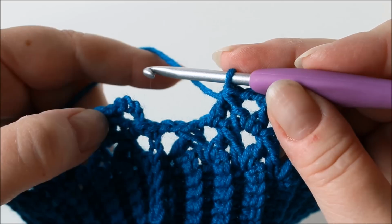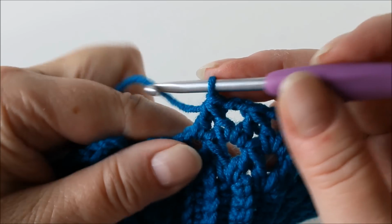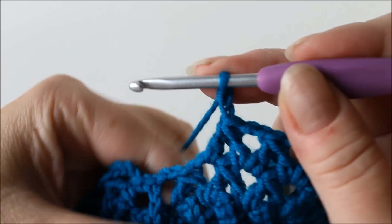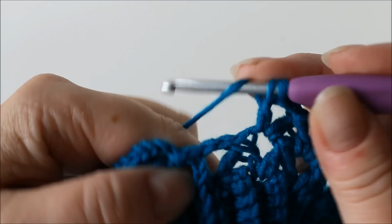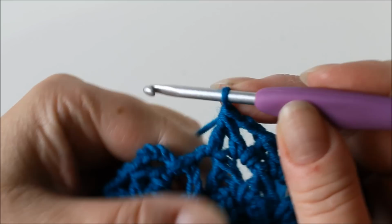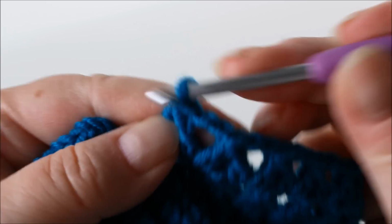Here we are, and this round we are on now is the one you will keep repeating. So let's look how the finishing of this goes again. Chain 2, and then the stitches. One more time, chain 2